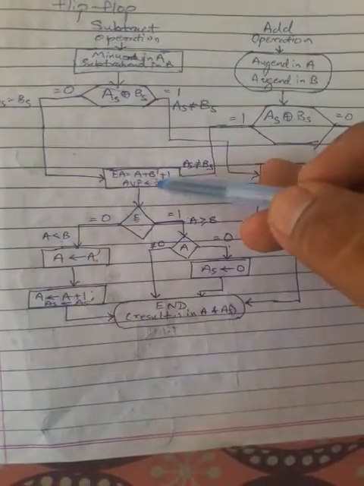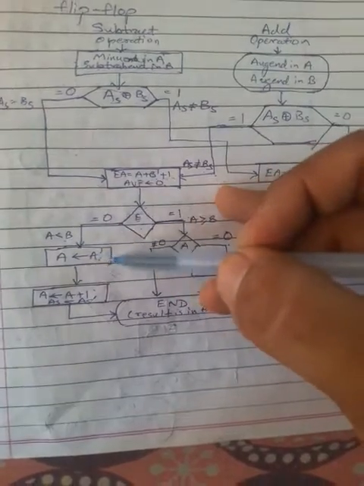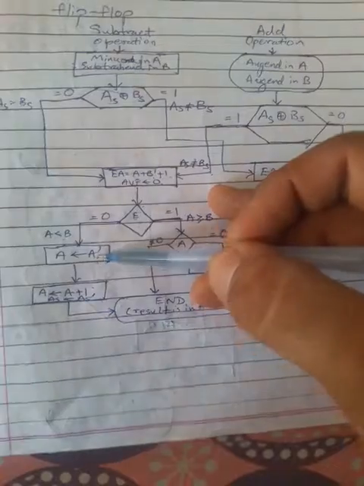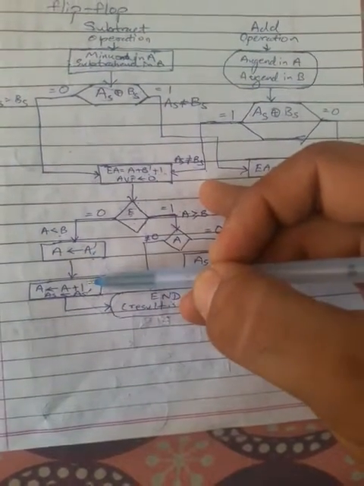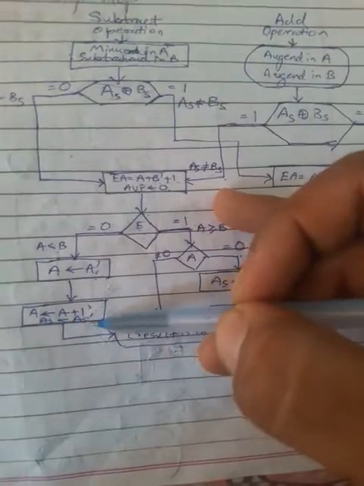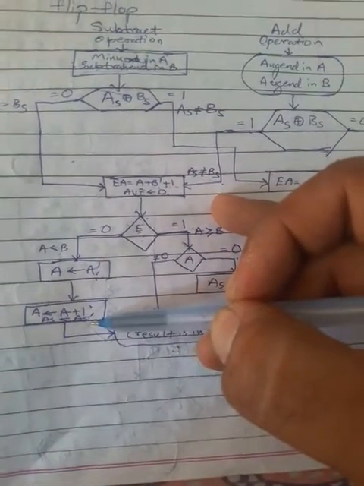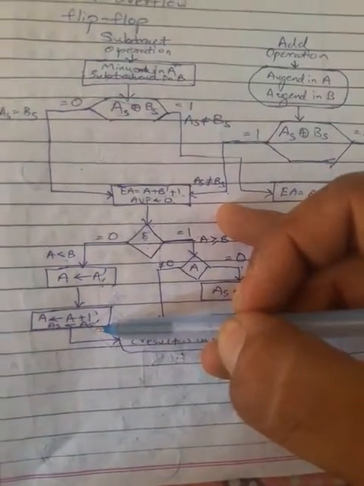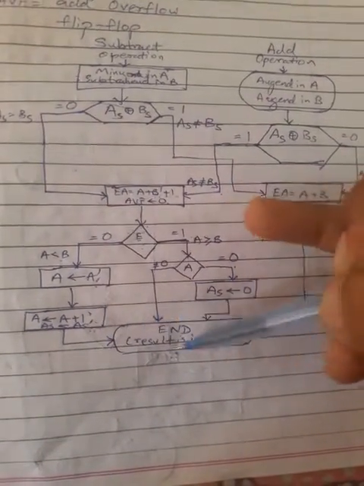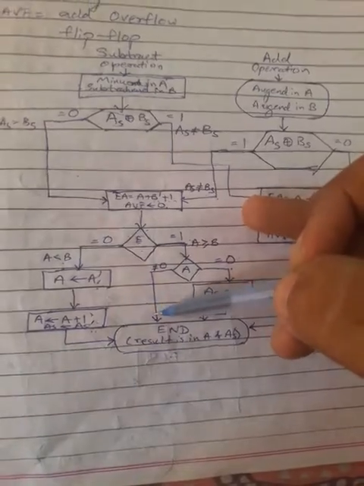That means the same thing here. If it is less than, then the result is negative, since the subtraction is occurring here. So first of all we do the 1's complement, then plus 1, which gives the 2's complement, and then the sign bit will be replaced by the complement of this sign bit. If it is 1, then it will be replaced by 0. And after that, end.